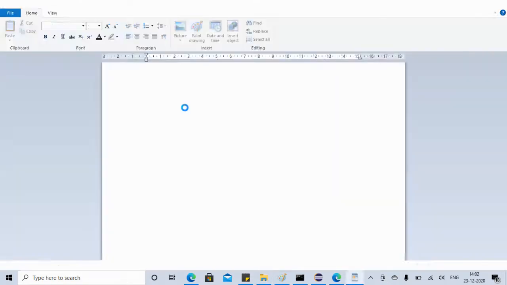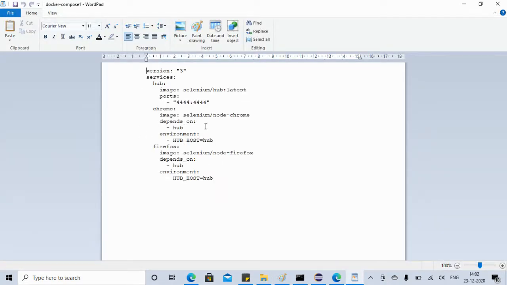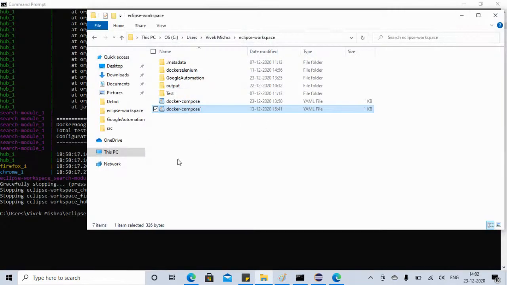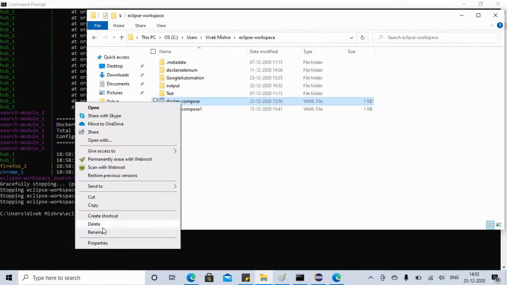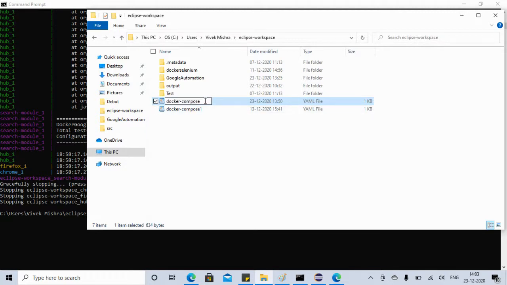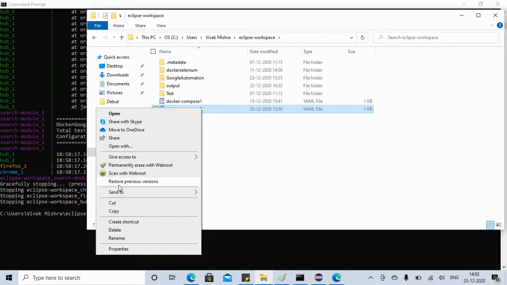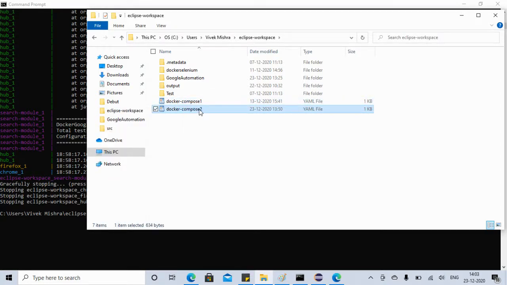let me see what this Docker Compose is. Okay. So this Docker Compose we were using previous to this video, right? We were using it because we don't have our Selenium Docker project inside this. So let me first run this Docker Compose. I just want to show you something. So let me do one thing. I will just rename this new folder, and I will use this old one which we used in the last video, right? This one. So you'll be able to understand once I execute this.